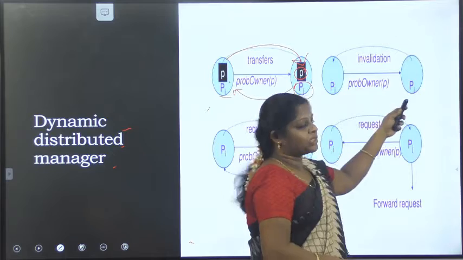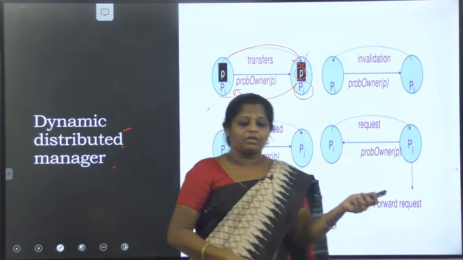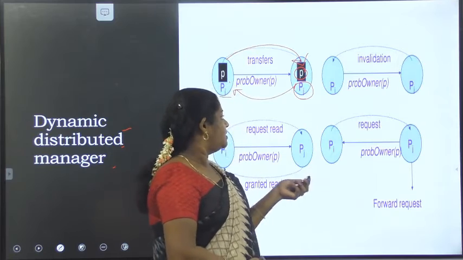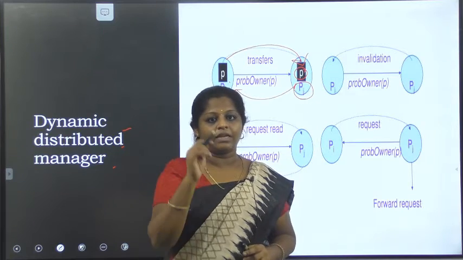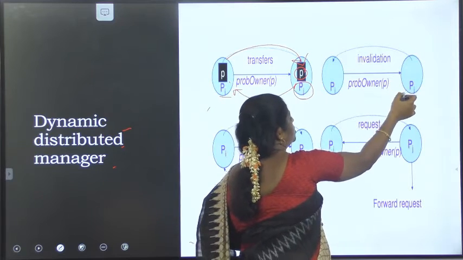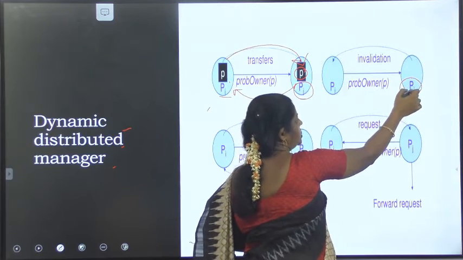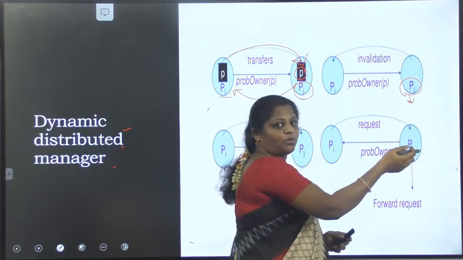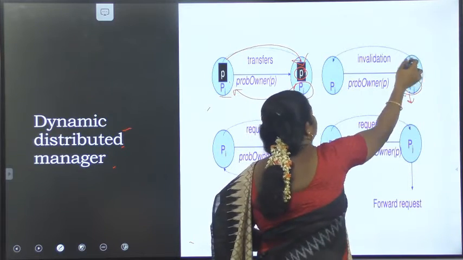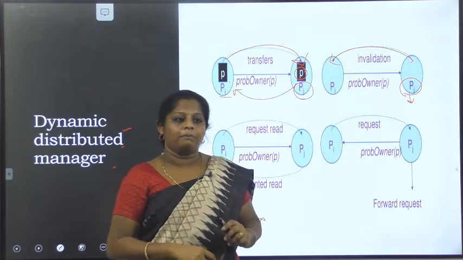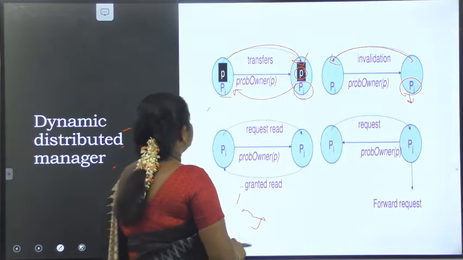And coming to the next one, that is invalidation. That means when a process handles the invalidation request of the page, then it will be updated. I told you about invalidation, right? So in that case it will be updated. It is the owner now. So whatever this process writes on that particular page will be updated to the page which is present in PI. Okay, this is the next one.